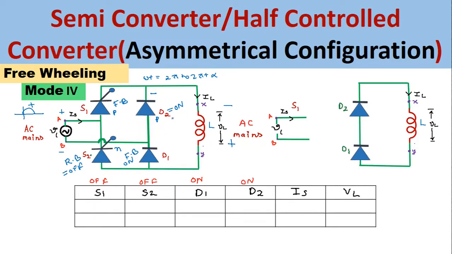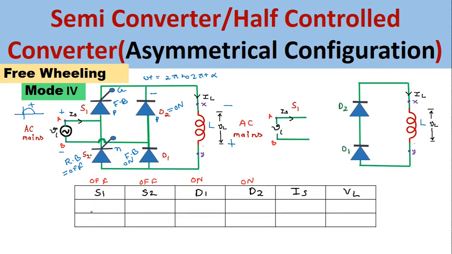So in this condition, two diodes D1 and D2 will conduct. This D2 is conducting due to stored energy in the inductor, and S1 is already in the forward bias condition and S2 is in the reverse bias condition. But this S1 we will consider in the off condition, because until and unless we apply a trigger pulse to the gate of this SCR1, this device cannot turn on. But it is in the forward bias condition, that means the voltage across this SCR will be very small, that is we are here taking approximately equal to 0, but it is not conducting the current because we are not applying the gate signal here.